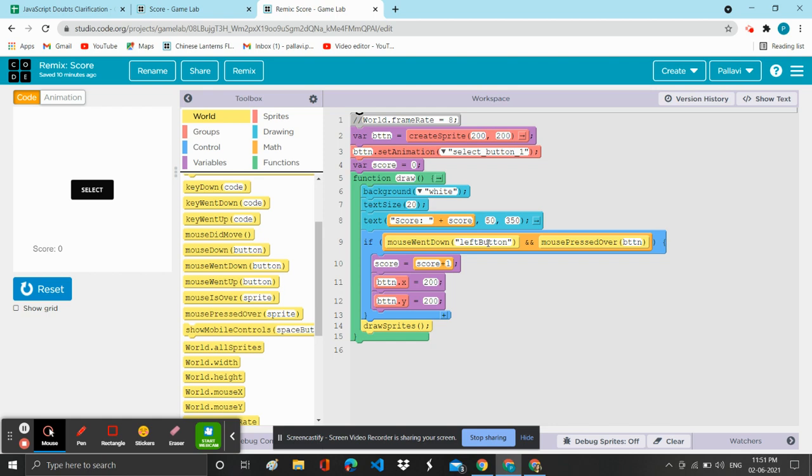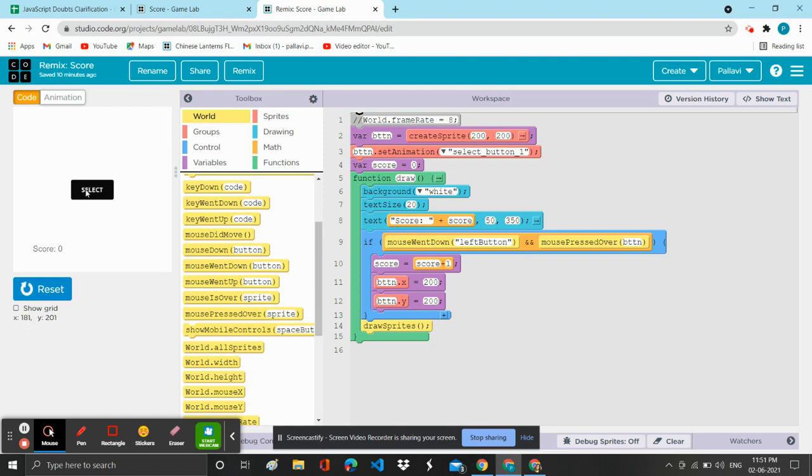So it is checking whether the mouse left button has gone down, and then it is also checking whether the mouse is pressed over this button. I do not want it to identify the clicks anywhere else. I want it to be incremented only when I hit the select button. So I'm checking both these conditions with the AND operator.